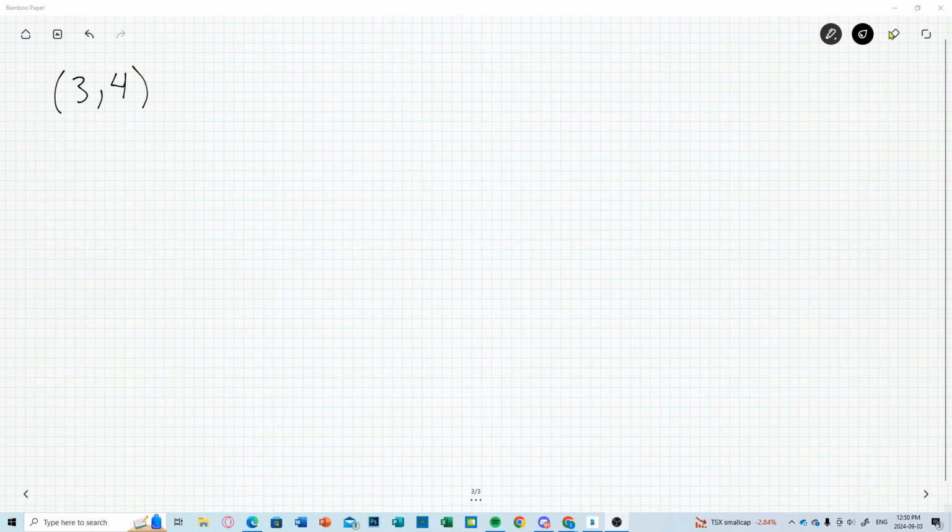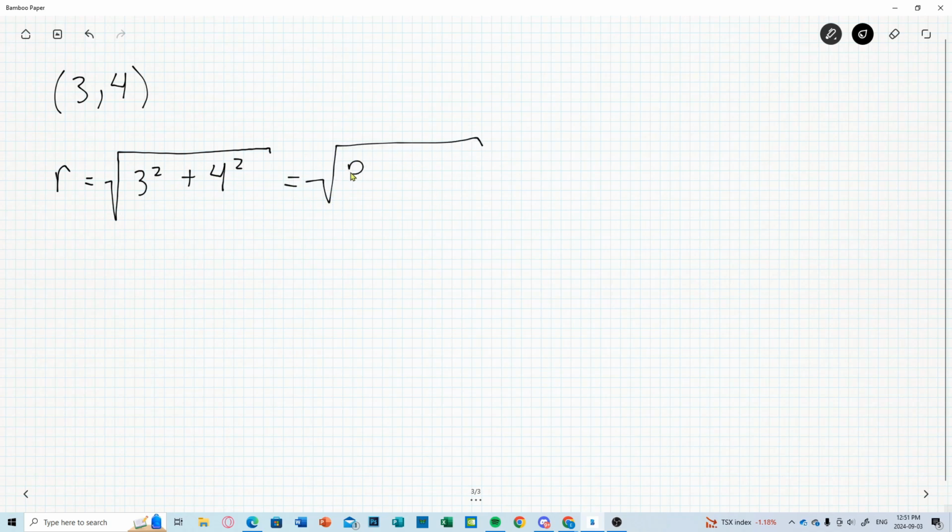So I have our first example here, which is going to be the x value of 3 and our y value of 4, and we're going to put that into polar coordinates. So the first thing we need to do is find r, which, if you remember, is just the Pythagorean theorem. And it's going to be x squared plus y squared. So we're going to have 3 squared plus 4 squared, which will give us the square root of 9 plus 16, which gives us the square root of 25,